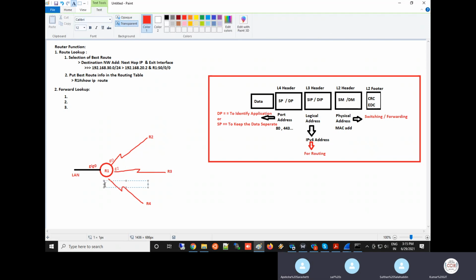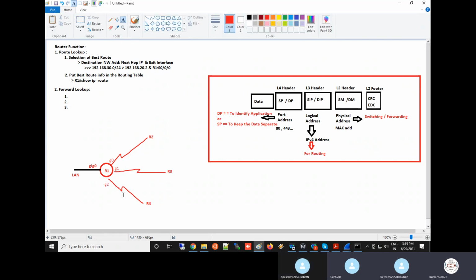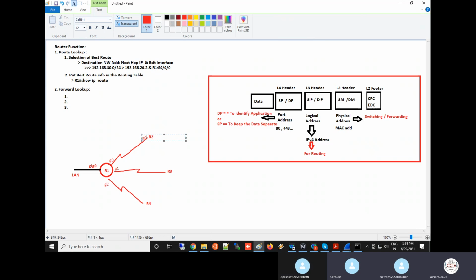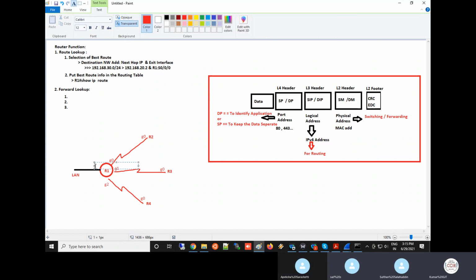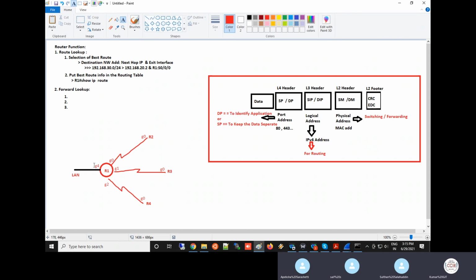So gig 0. Now tell me, a packet came from R1 on the LAN. Let me put this as gig 4, since I've already put gig 0 on this side. Gig 4, it is coming.